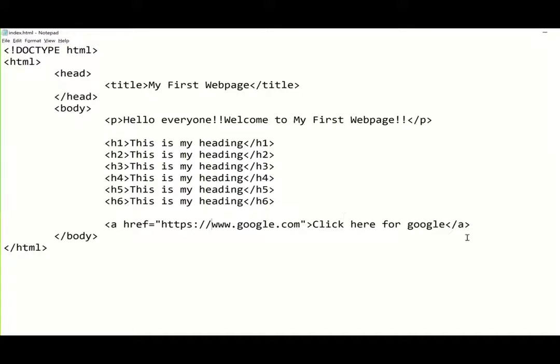Now the last and final one for this video is the HTML image tag. HTML images are defined with the img tag. The image tag is an empty tag, that is, there is no end tag for it, and it contains 4 attributes: src for the source file, alt for alternative text, and height and width for image size.